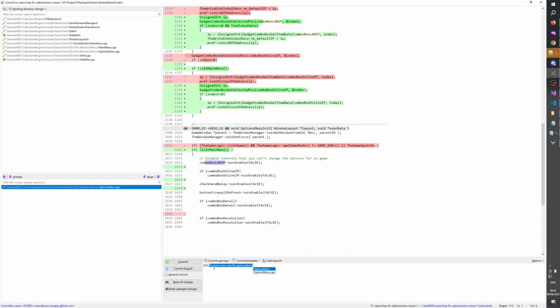Let's say prevent evaluating combo box options when